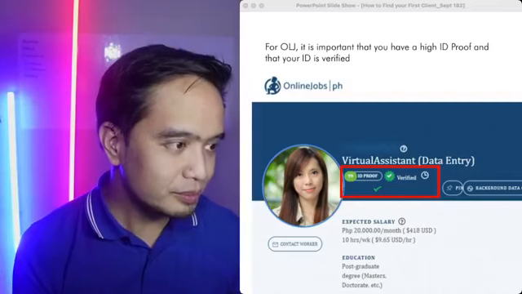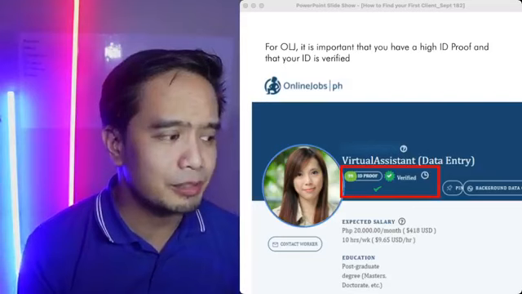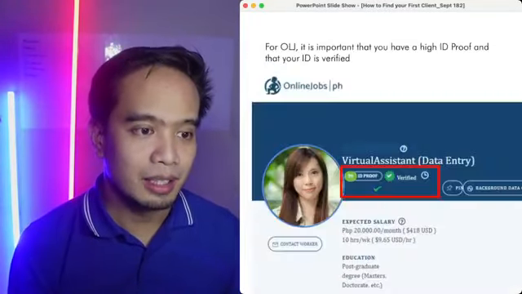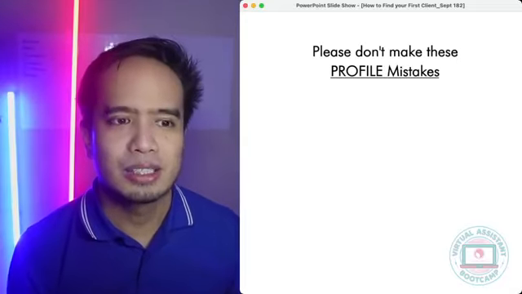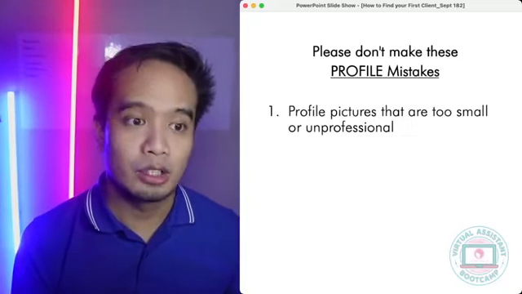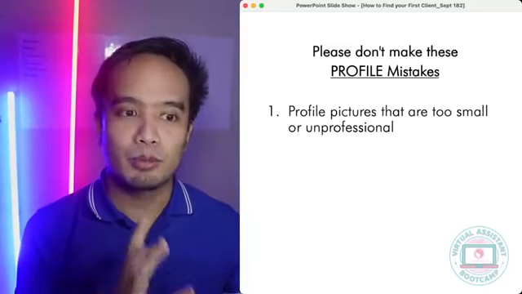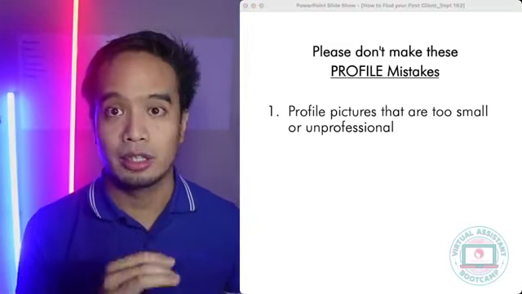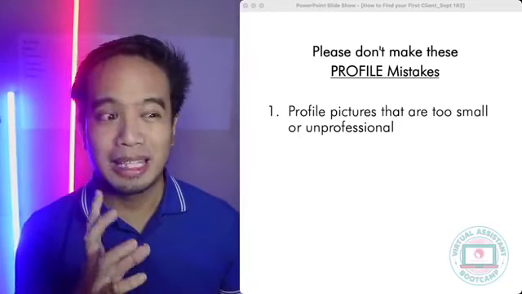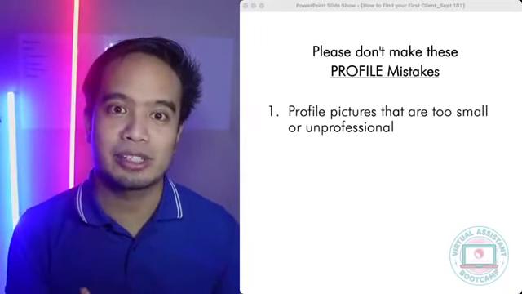Alright. Now, some tips before we move forward. Later, I'm going to give you some tips in writing cover letters. But before that, I'm going to give you some tips in profiles. So, when you create your profiles, we talked about creating a profile in Upwork and creating a profile in Onlinejobs.ph. These are the very, very common mistakes. Profile pictures that are too small or unprofessional. Okay? If they're too small, when you upload it, magiging pixelated nang pangit tingnan. Once again, yung picture nyo, di ba, first impressions last, sabi ng Axe.